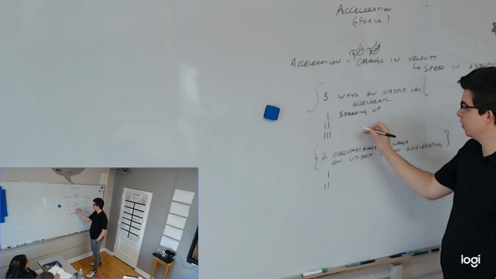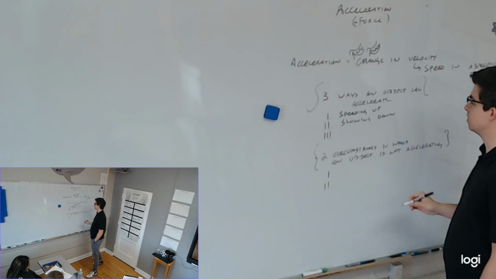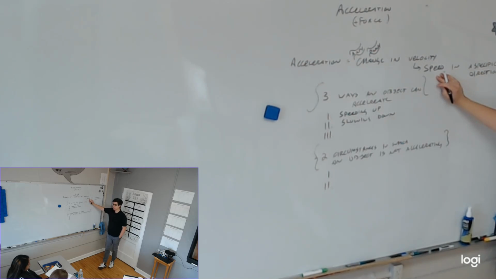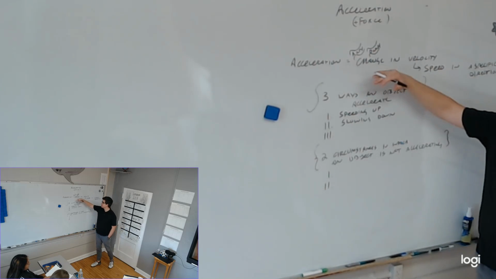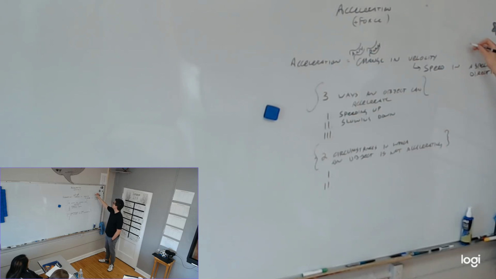Yeah. Slowing down. That's the one we don't think about in our daily usage very much, but it is true. The velocity, the speed, can change in either direction. It can go faster or slower, and both of those are a change in velocity, and therefore both of those are an acceleration. So we all have these layers. On the bottom layer we have speed and direction, and those make up velocity. And then if either of those is changing, we've got acceleration.